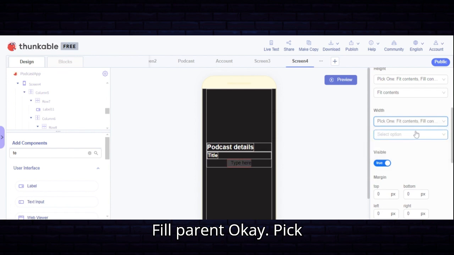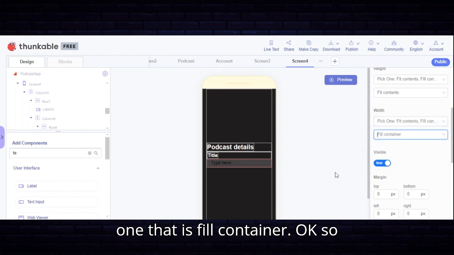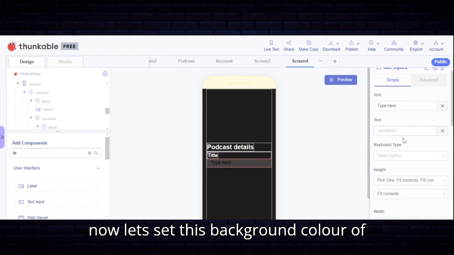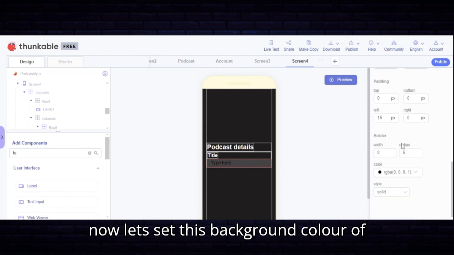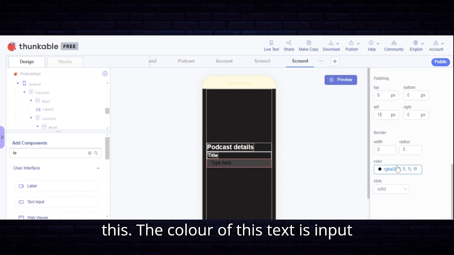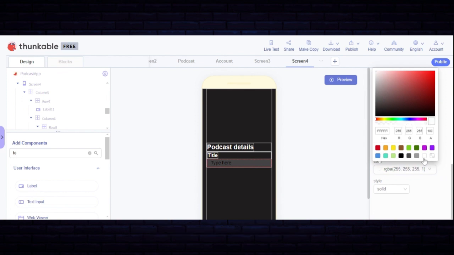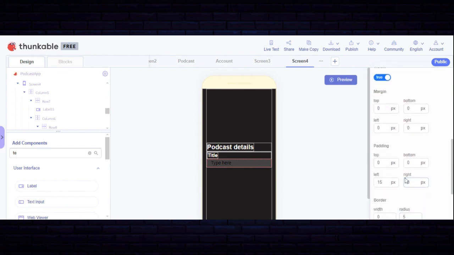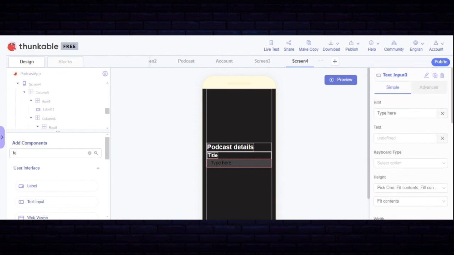Okay, pick the one that is fill container. Okay, so now let's set the background color of this text input to be white color,